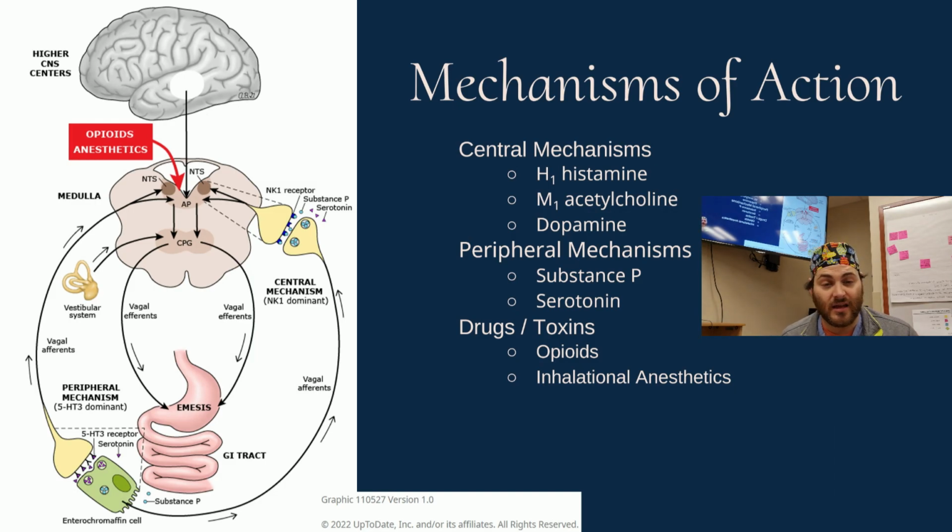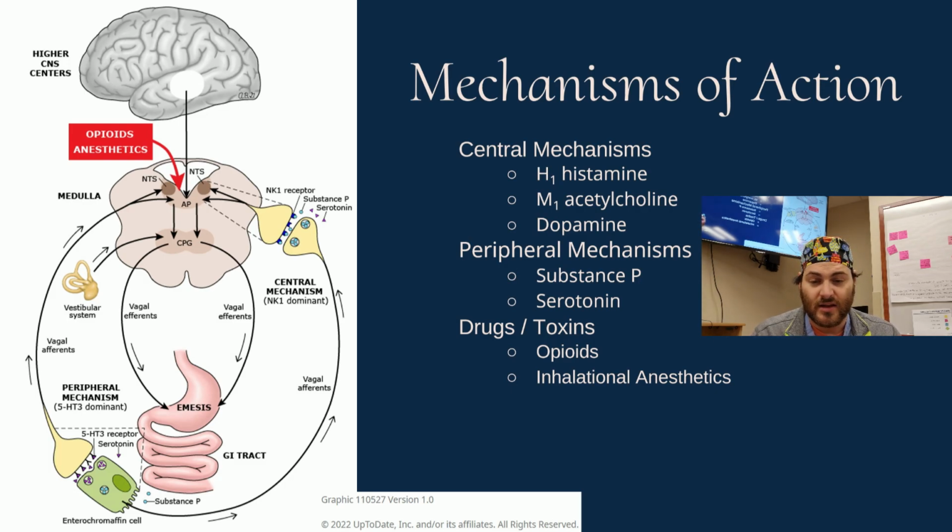Centrally, you've got H1 histamine receptor is a big player. M1 acetylcholine is a big player, and dopamine can also be a pretty big player in this. When we talk next month about pharmacologics, we'll go into exactly which drugs target those different receptors, and you'll go, oh yeah, that totally works that way. There are peripheral mechanisms as well that can occur actually in your gut. These drive substance P and serotonin. Serotonin's where,